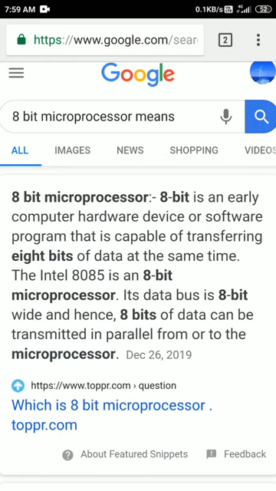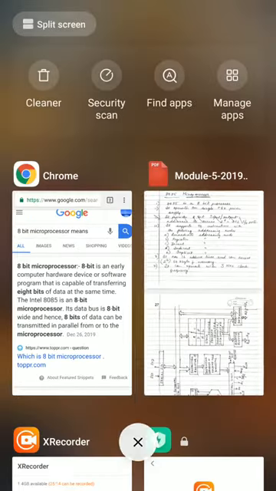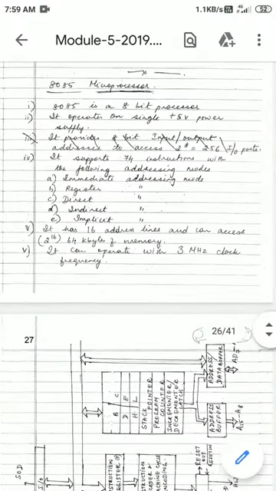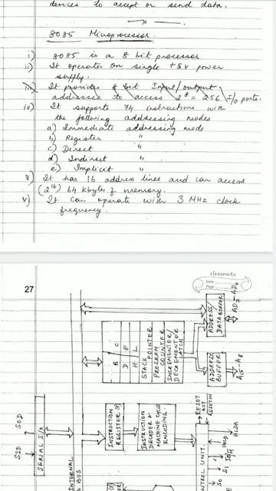See here, an 8-bit processor is an early computer hardware device, a software program that's capable of transferring 8 bits of data at a time. So 8-bit means it can accept and process 8-bit data. So this is an 8-bit processor and it operates on a single 5-volt power supply.